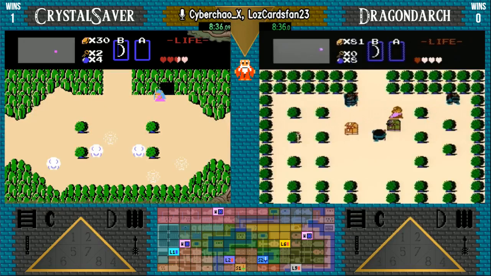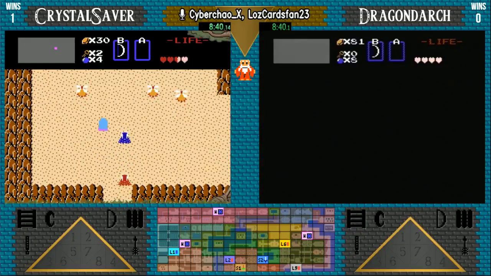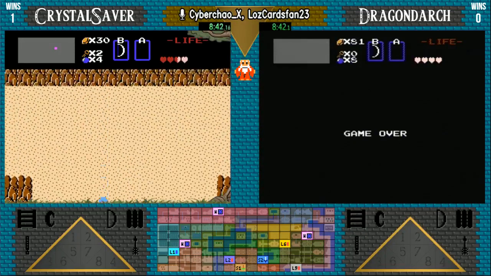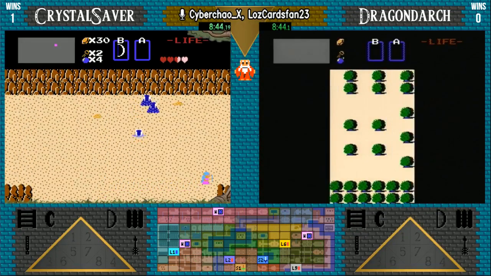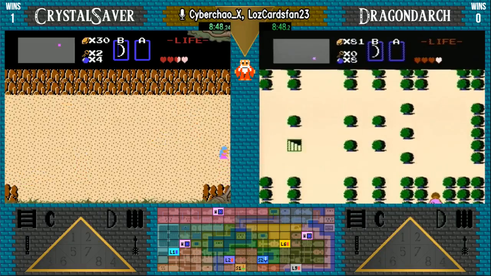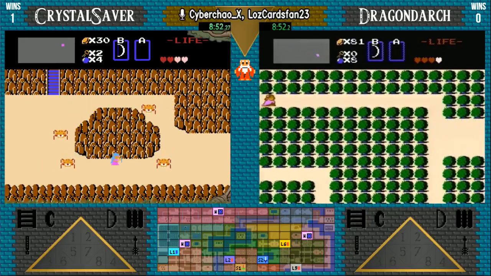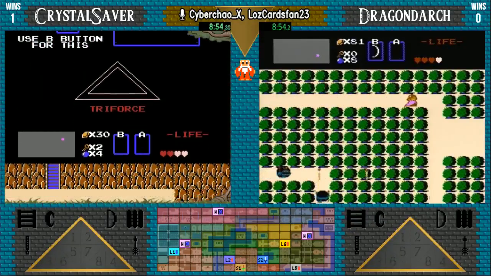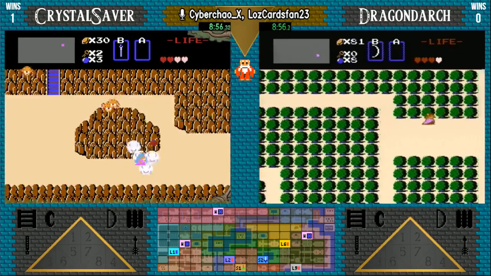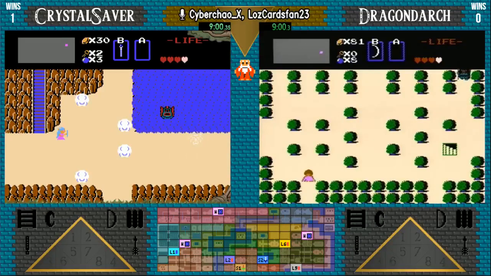Saver finds a medium secret to put him at 30 rupees. Dragondarch has 81, but before he can go into that staircase where the Armos statue is, he gets sniped at the last pixel. Tough break there. Yeah, that was where Saver found the first any road there. That could have helped out Dragondarch tremendously, but he's going to probably give it another go here. He's making his way back to where he died. Yep, and he'll